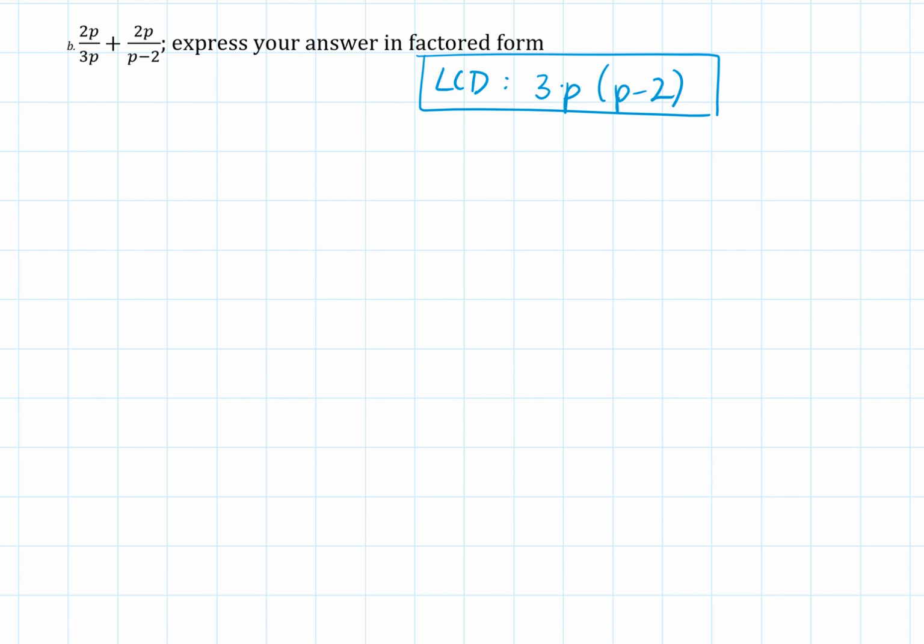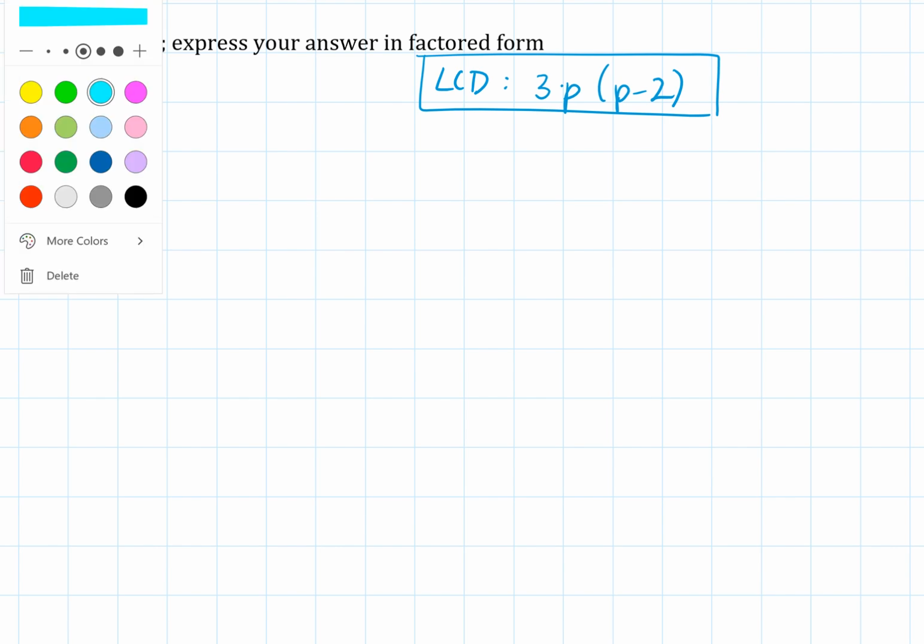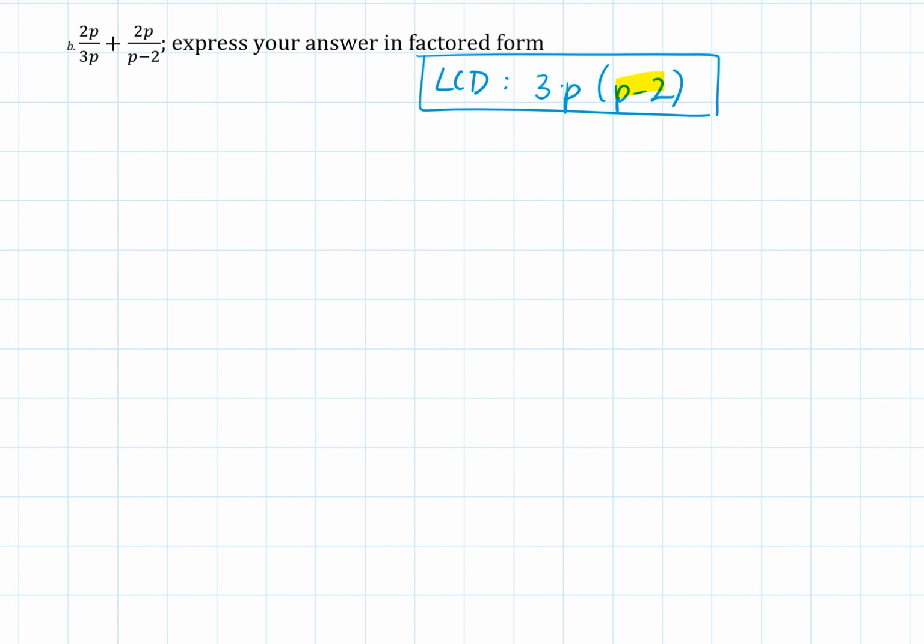This p minus 2, I like to think of as an unbreakable linear factor. Linear factors can't be split up. So even though I have this p here, that's different from this p minus 2 here because these guys can't break up. Okay, so I have this expression 2p over 3p, and I need in its denominator,